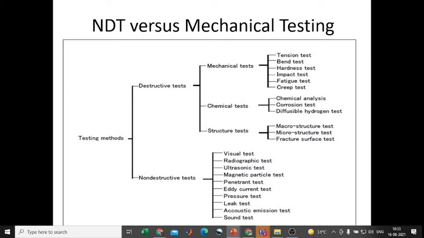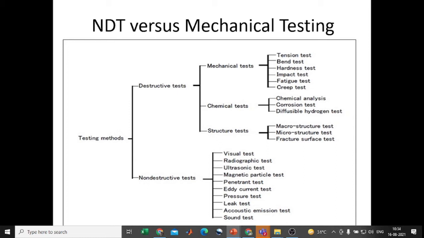After that, the structure test. You can examine atomic level structures with the aid of a microscope, and with the microscope we can identify the macrostructure test, microstructure test, and fracture surface test. In our Science of Materials laboratory, you may visualize the material structure with the microscope. In that microscope, you can see dark spaces and grain boundaries.